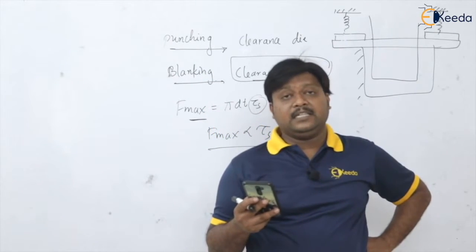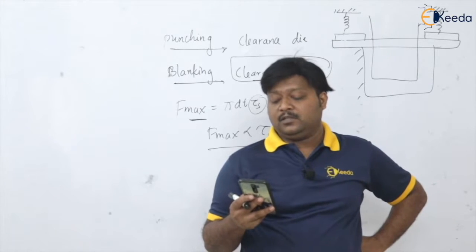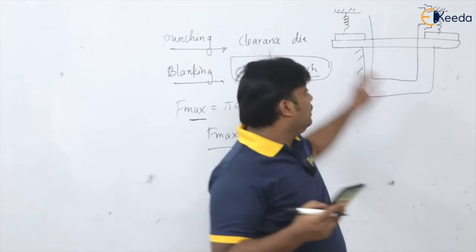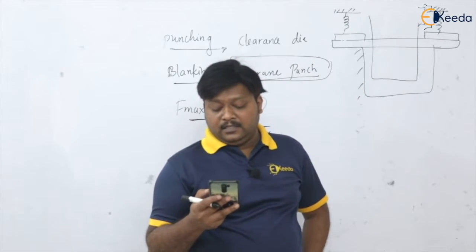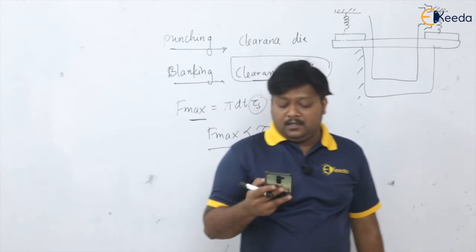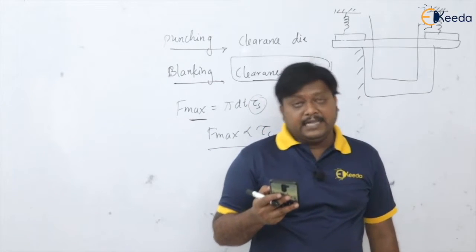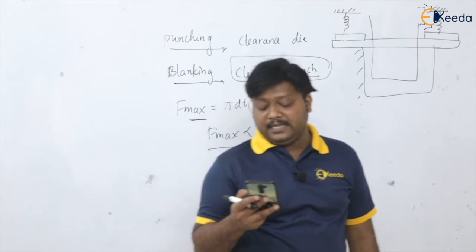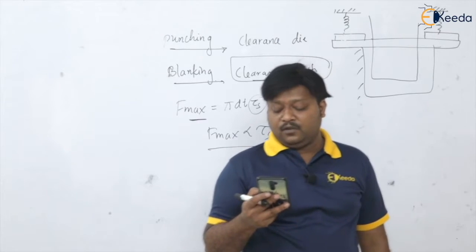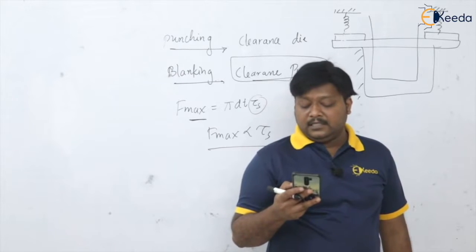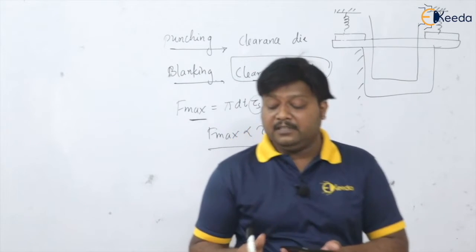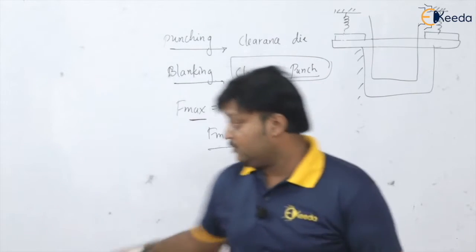Until that time, the stripper force or stripper plates are clamping this stock. Okay, we know that. Next question. A cup of 10 centimeter height and 5 centimeter diameter is to be made from a sheet metal of 2 millimeter thickness. The number of deductions necessary will be. Okay, let us solve this question.